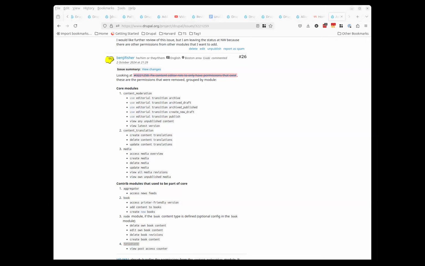I think the standard profile is, last I checked, the intention is to break it up into small recipes that the standard profile includes. So I just wonder if you'd thought about, if you're thinking in the context of Drupal CMS as well, should those recipes use a config action to add permissions to the content editor role? Or were you thinking that we just add them to the standard recipe? What's your thinking there?